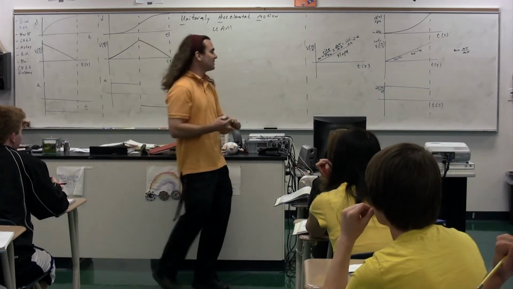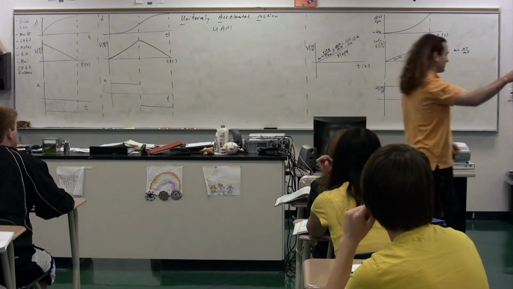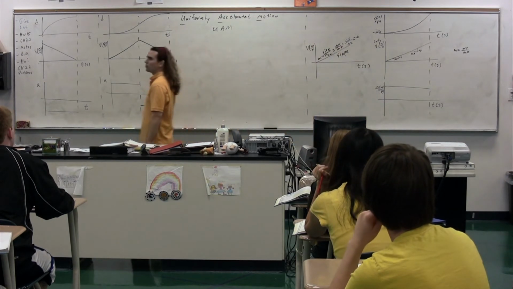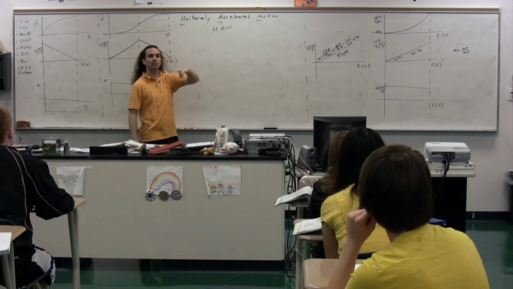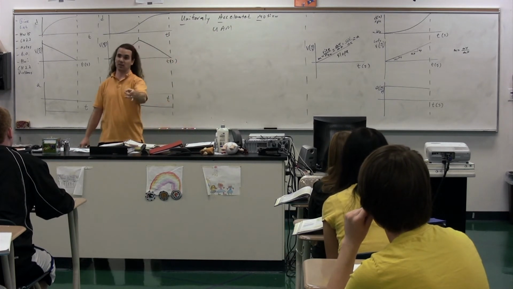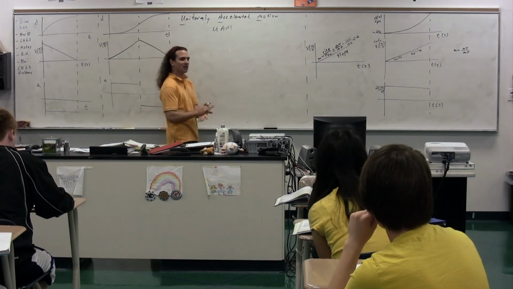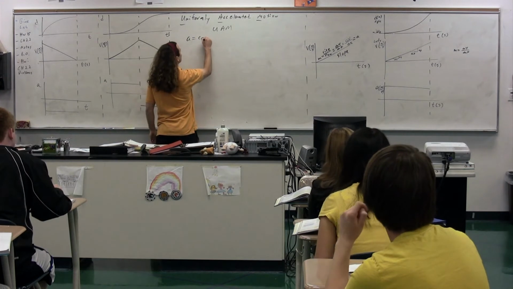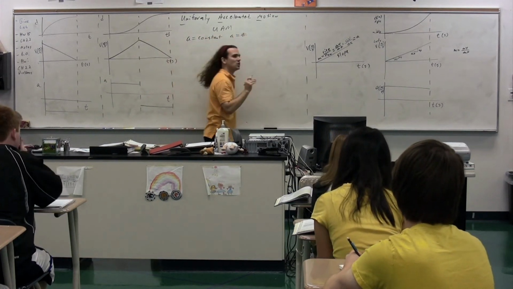Okay, so at this time, we're going to talk about uniformly accelerated motion, UAM. Okay, here we go. UAM, uniformly accelerated motion. What this means is, just so you know, I spelled it with an A-L-L-Y, uniformly. Okay, UAM. This means that the acceleration is uniform. The acceleration is constant. It means that the acceleration equals a number.